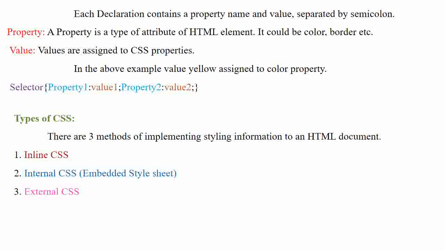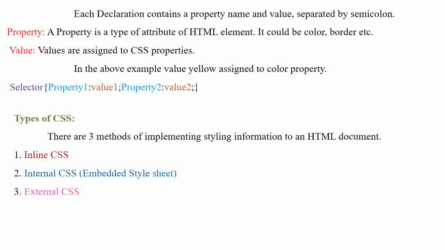So each declaration contains a property name and value separated by a colon. When more properties are used for a particular selector, the property name and values are separated by a colon, and different properties are separated by a semicolon in this way.